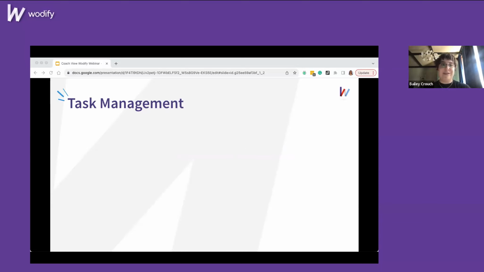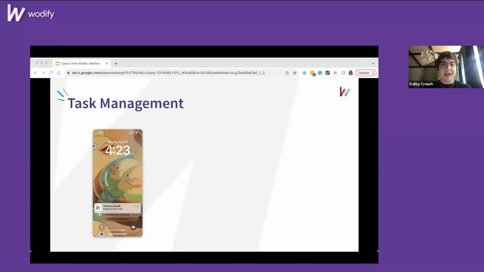Finally, we will be releasing Task soon, which is extremely exciting. As some of you may know, we're releasing Task as one of our upcoming features. It will give you the ability to manage everything from lead and client nurturing to front-end desk duties. Basically, anything you need to manage your day-to-day operations. As part of that, we knew it would be critical for employees to be able to manage their tasks from the mobile app through Coach View.